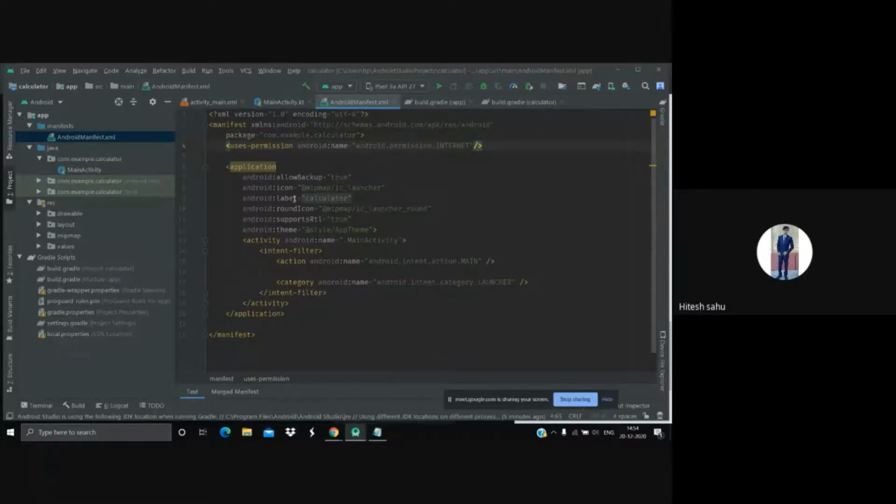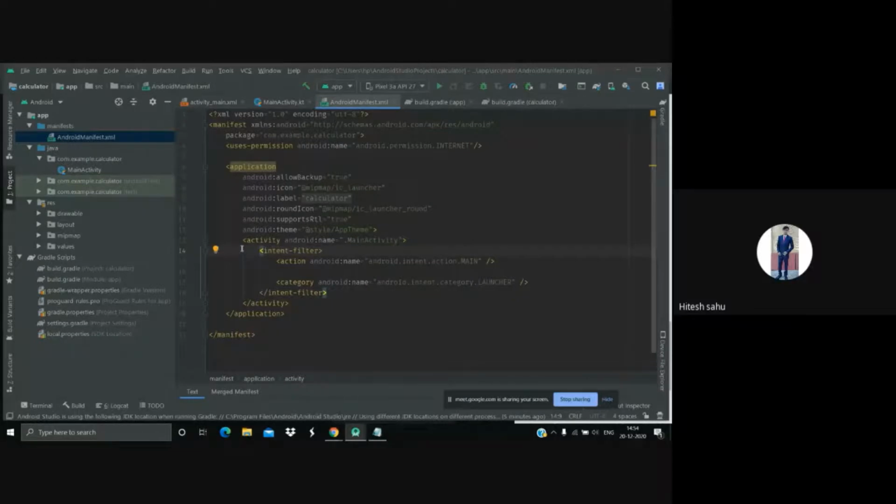Then there is the round icon. If you are using multiple themes, when you change the theme, some themes have round icons or rectangle icons. So each and every type of icon is put under drawable or mipmap. Now, you can maintain the theme from here also. Nowadays there are multiple modes, like dark mode or light mode, so you can manage that from here.